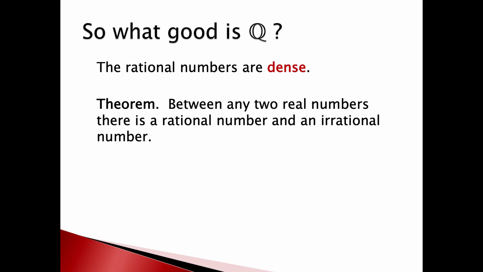But one way of saying that in a way that we can understand for now is that between any two real numbers, there has to be a rational number and an irrational number. So rational numbers are sort of spread out everywhere. This is not too difficult to prove if you use real numbers as being things that have decimal places that go on. Well, if you give me two real numbers with their decimal expansions, then just get in between there and cut the decimal expansion off to get a rational number. And to get an irrational number, then just get in between there and let the decimal expansion go on forever with no pattern.